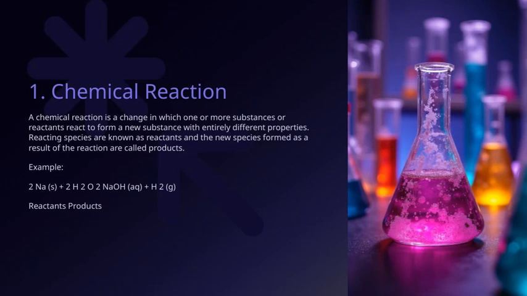On the left, we have the reactants, which are the starting substances. In this case, it's 2 atoms of sodium, represented as 2 Na(s), and 2 molecules of water, shown as 2H2O. When these react, they undergo a chemical change. On the right side, we see the products formed from this reaction. The products are sodium hydroxide, which is shown as NaOH in aqueous form, and hydrogen gas, H2, which is released